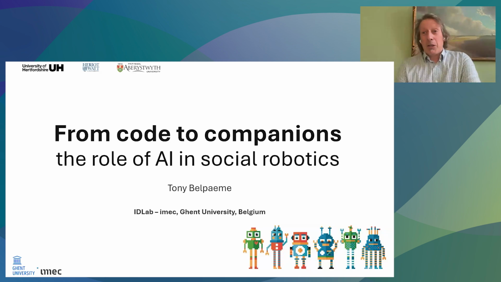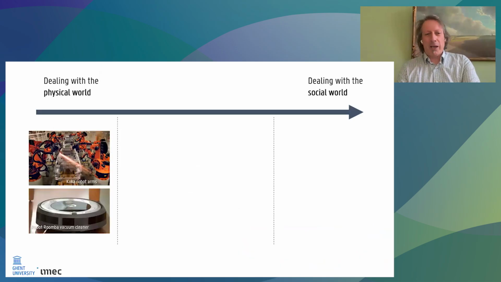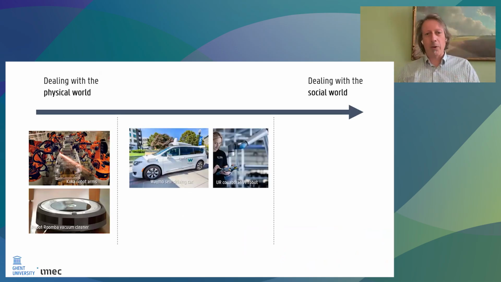As you all know, most robots sold now in the world are robots that perform a physical task. They weld cars, they clean your house. But increasingly, we're finding robots that need to also do a social task. A self-driving car, for example, is doing a physical task. It's taking you from A to B. But at the same time, it needs to be social. So it needs to take into account all the actions of the other road users and respond appropriately. And then on the far side of the spectrum, we've got robots that manipulate only the social world.